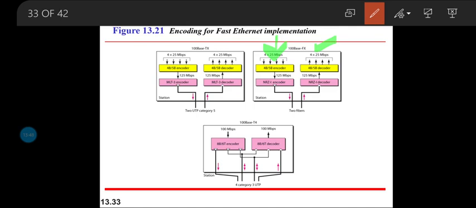So what is non-return to zero level? It is a data encoding scheme where a negative voltage is used to represent binary 1 and a positive voltage level is used to represent binary 0. This NRZ-L maintains a constant voltage pulse for the duration of a bit time that we consider. So that is the thing about NRZ.